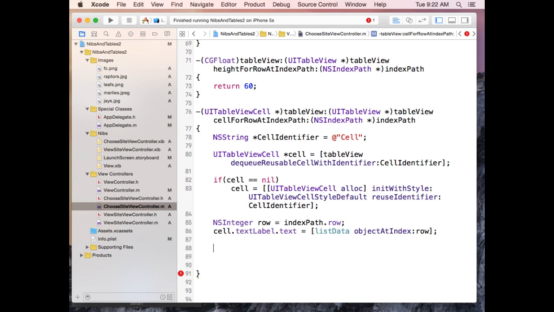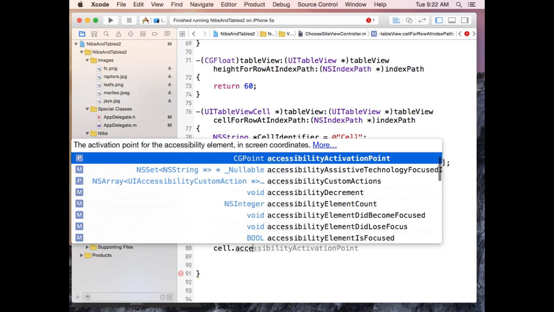And at this point, we could just take that and display it and run with it. But let's put an arrow up. Because now we actually want to indicate to the user that, hey, you can click on a cell and do something with it. So let's add an accessory to it. So we'll say cell.accessoryType